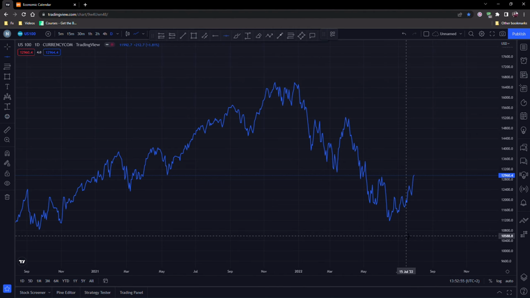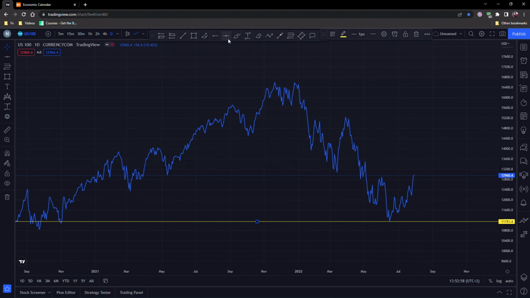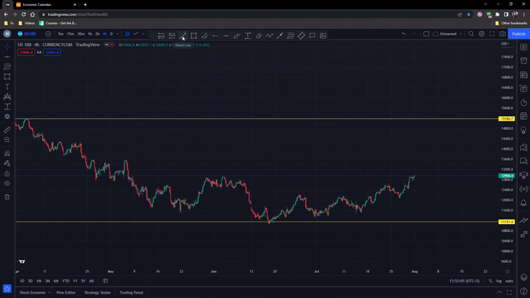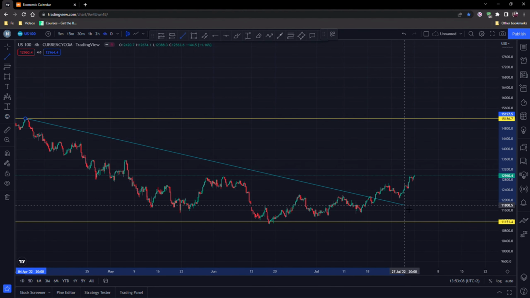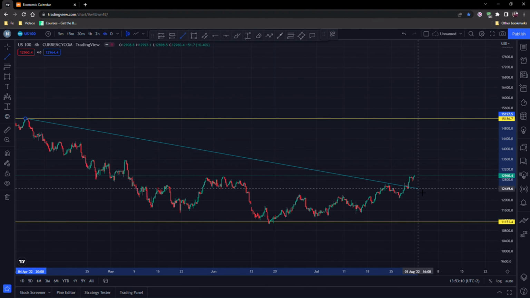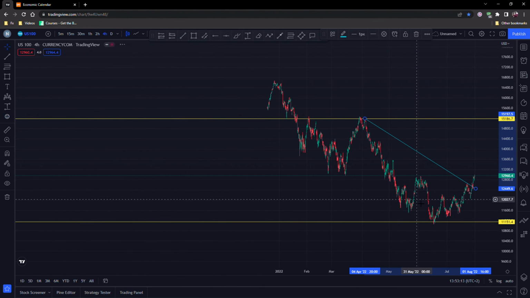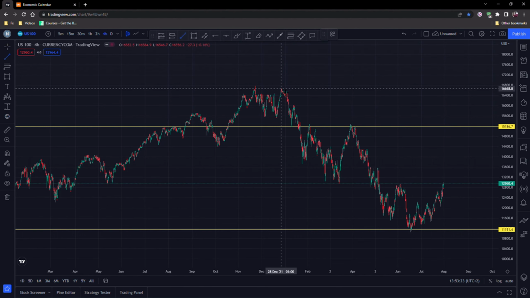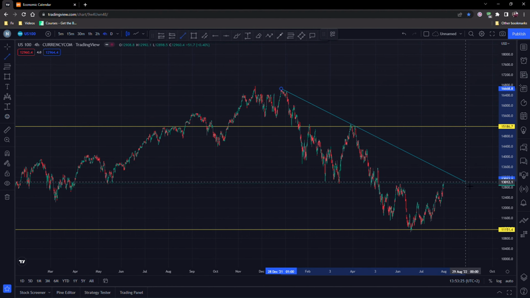US100, and we're going to plot our low, and then we're going to plot our high. That's going to be our low and high for the week. Now looking at this area right here, let's remove that. So now you must always remember to cater for the most touches. So we're going to have right there,